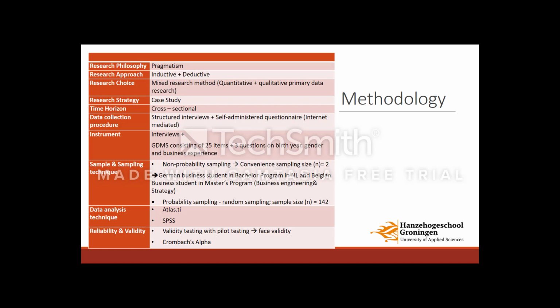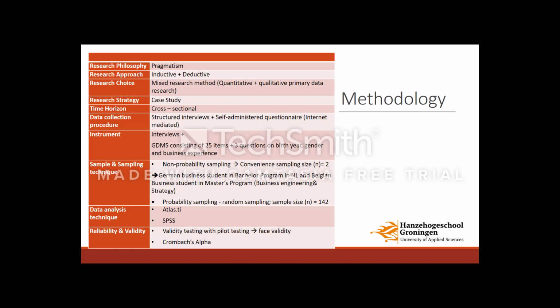The data collection procedure is structured interviews plus self-administered questionnaire, which are internet-mediated. The instrument is interviews plus the GDMS consisting of 25 items and 3 questions on birth year, gender, and business experience for our survey. The sample and sampling technique is based on non-probability sampling, and for the interviews we chose